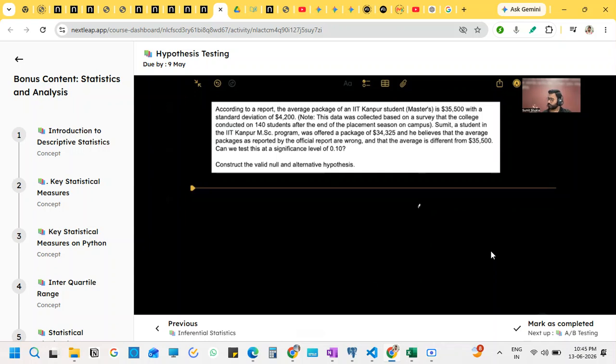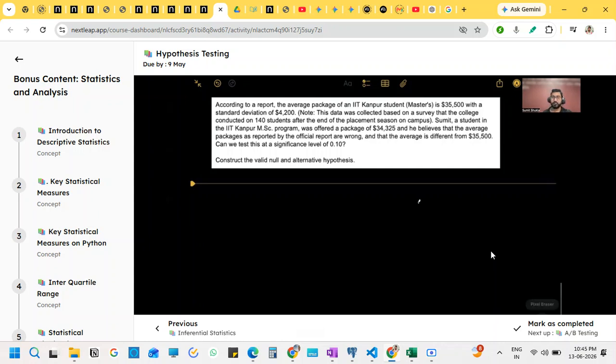Now let's try to focus on this question and let's try to solve this also. First of all, it is asking us to construct null and alternative hypothesis. So let's do that. According to the report, the average package of an IIT Kanpur student is $35,000. So the null is, report says, the average salary is